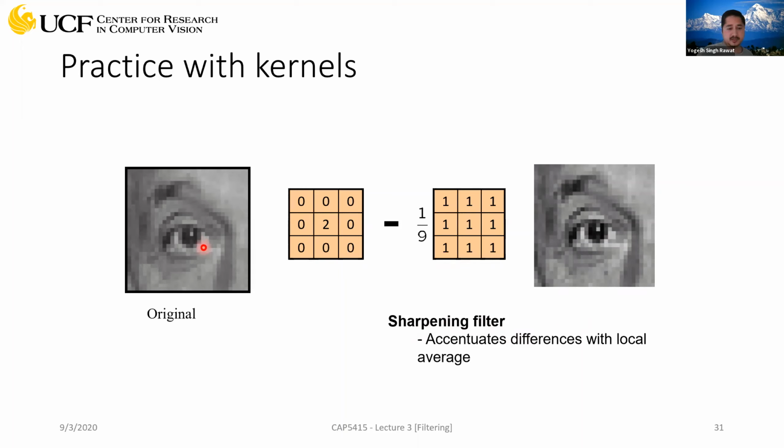You can observe that it was a kind of dull image, but what it does is increase the intensity where you have high intensity. In this case, this eyeball is more black now. But these pixel locations were not completely white, and you can see the intensity has increased here. It's closer to white. So that's called a sharpening filter.